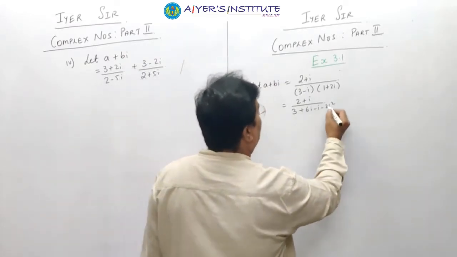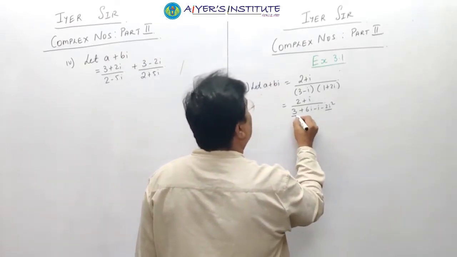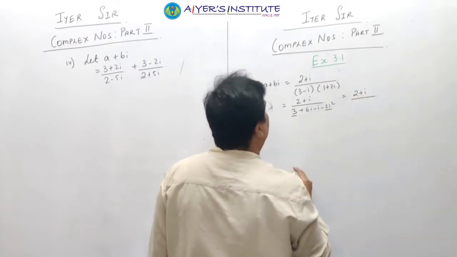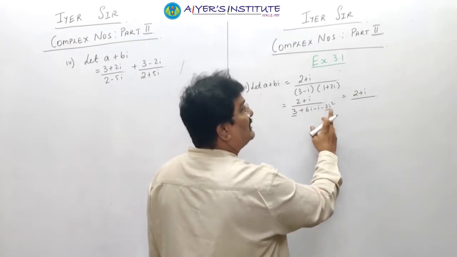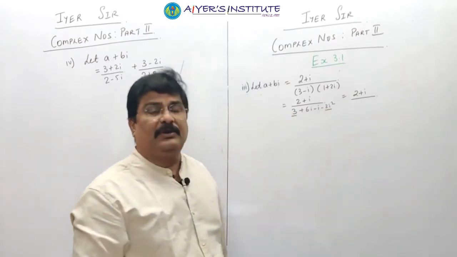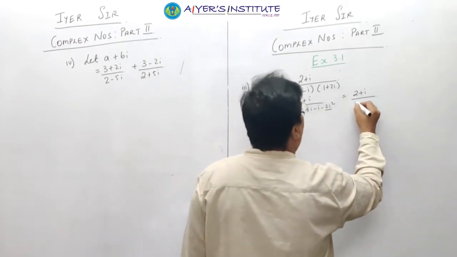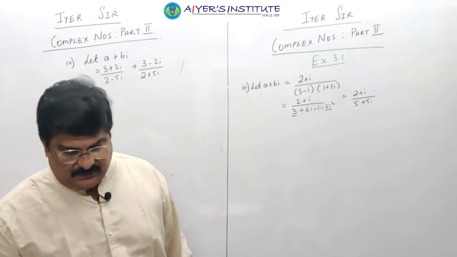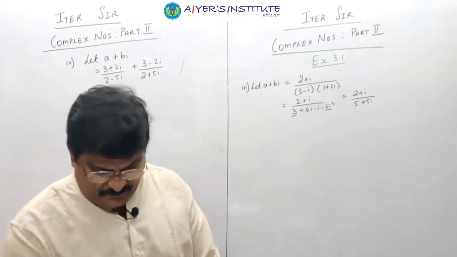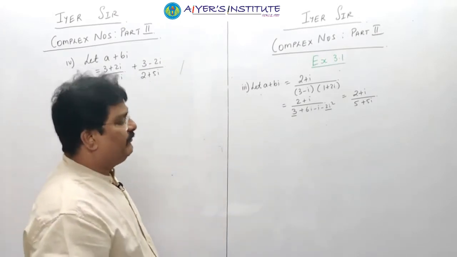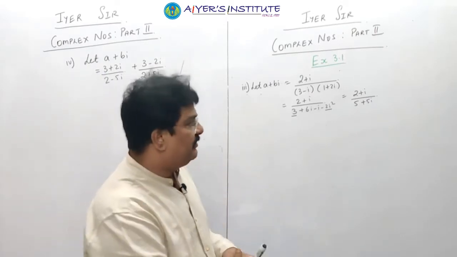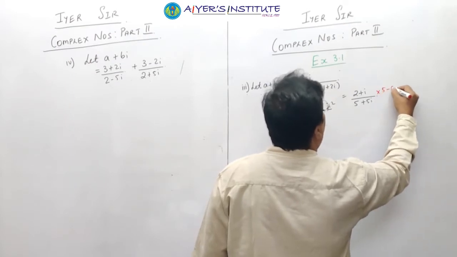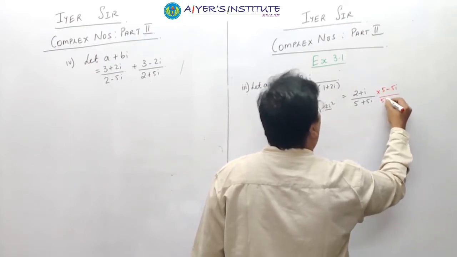If we simplify this further, this will become minus 1. So this one and this one will go together. 2 plus i upon 3. This will become minus of minus 2 to plus 2. So 3 plus 2 will be 5. So it will be 5 plus 5i. Now we have to multiply and divide by the conjugate of the denominator. So the conjugate of the denominator is 5 minus 5i, and down 5 minus 5i.